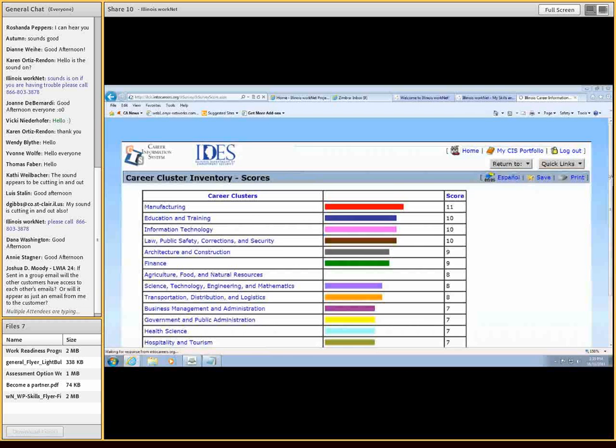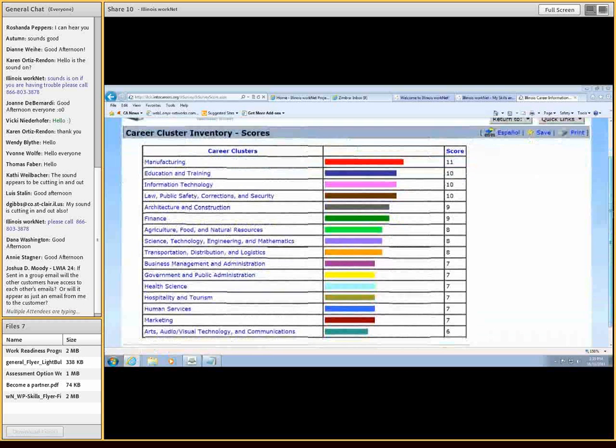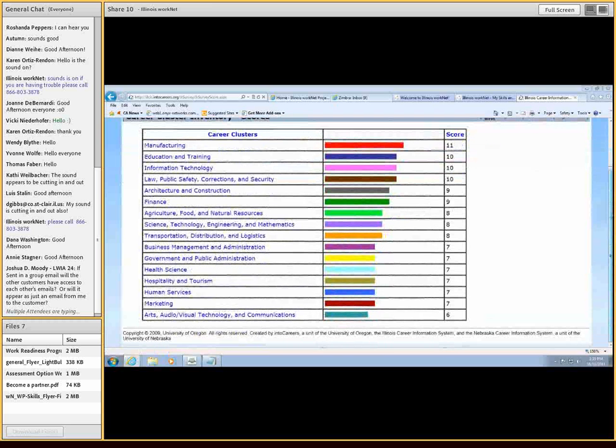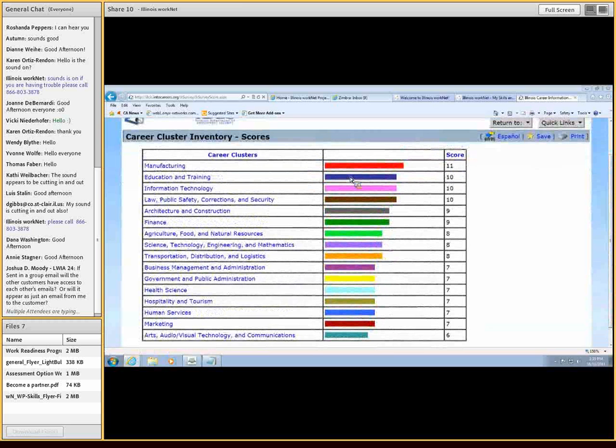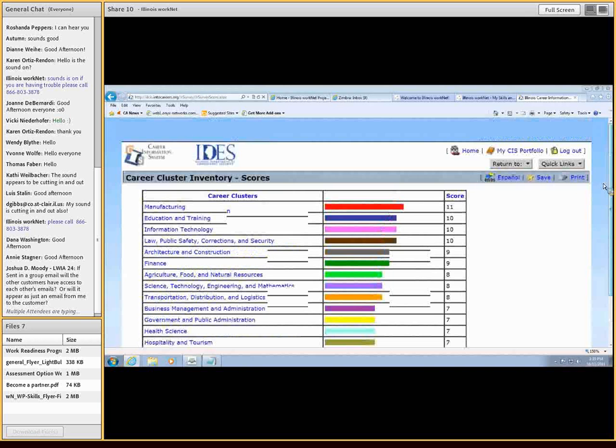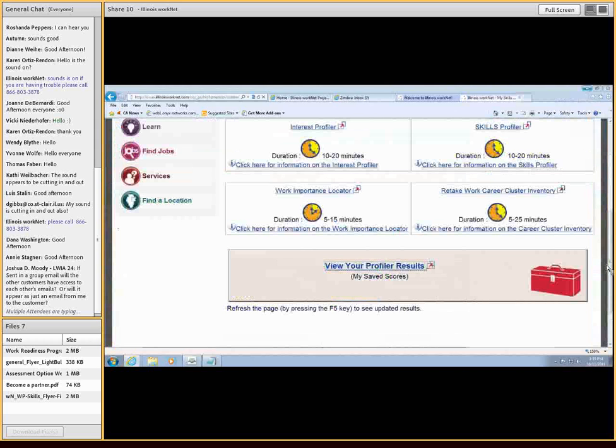You can take any of these a number of times. But once you save your results, then you can just click on View Your Profiler Results, and you can access your profiler results. Now this is the same exact view that you as a workforce professional are going to see as well. You see the exact same thing as your customers do. Whenever you click, if you're in your customer